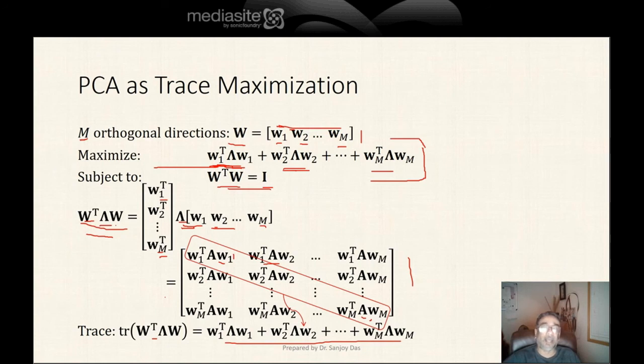In other words, what we want to maximize is the trace of W transpose lambda W, where W is a matrix whose columns are the directions that we want to obtain. So